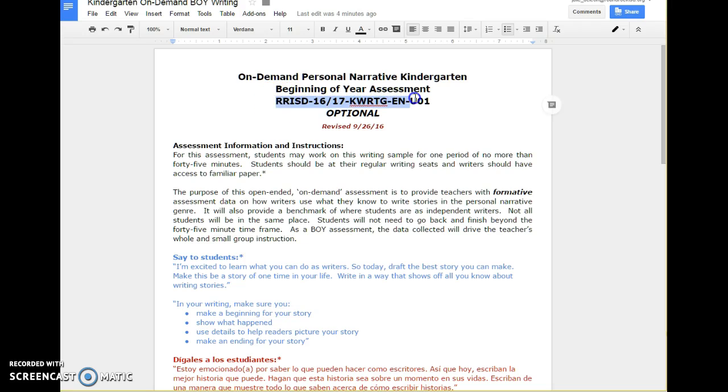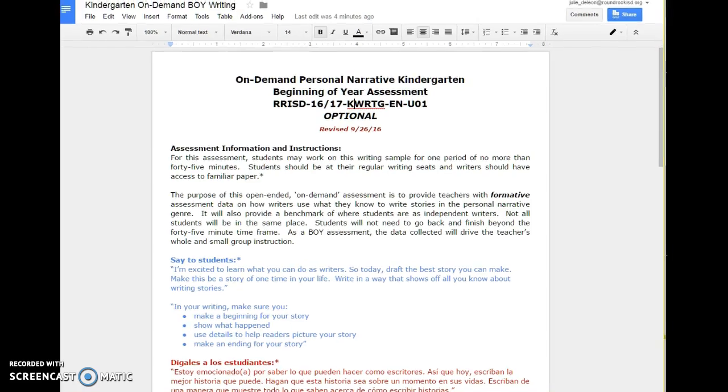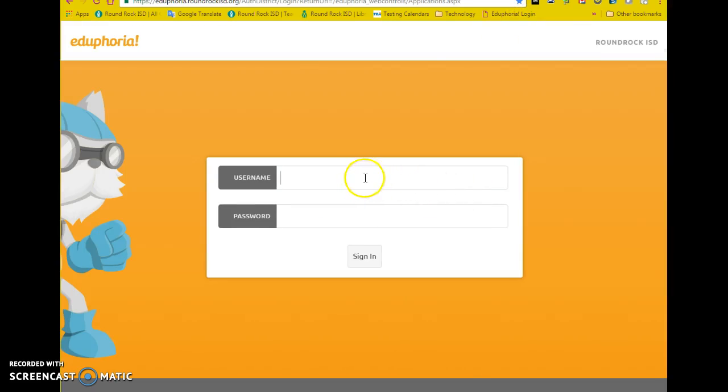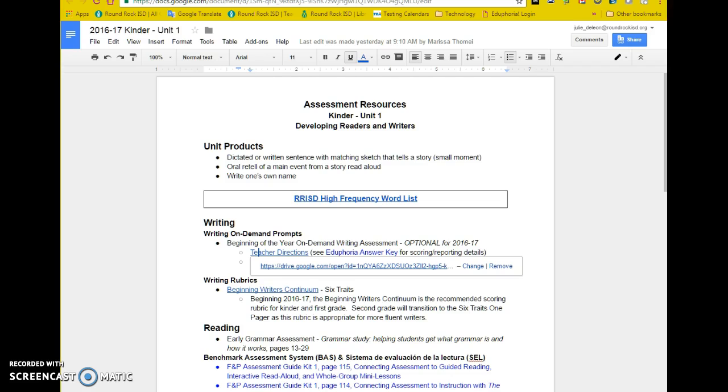As you remember, this is the title that you'll need to copy and look for, or just remember. Basically the K, because it's kinder, WRTG because it's writing, and U01 because it's Unit 1. So it helps to have an Eduphoria shortcut. So I have one here. I'll go to Eduphoria and I would log on and I would keep going, just like you would for BAS,